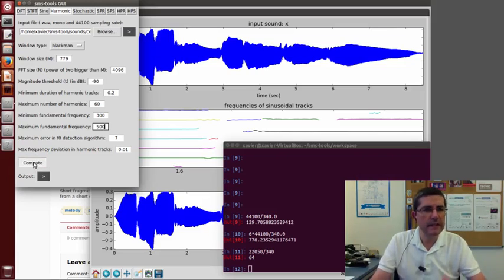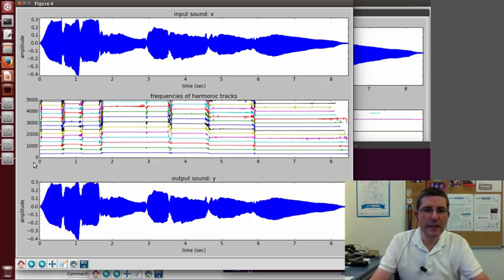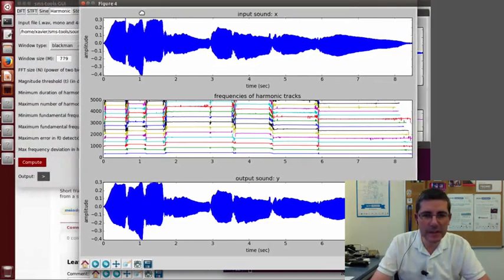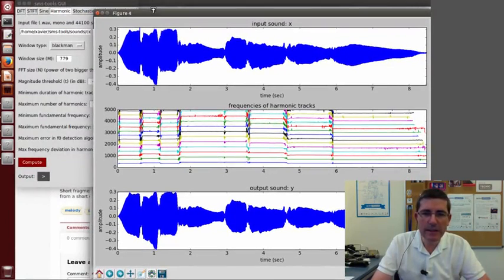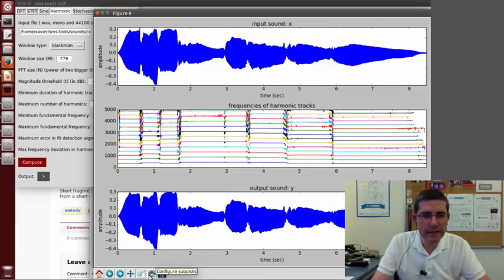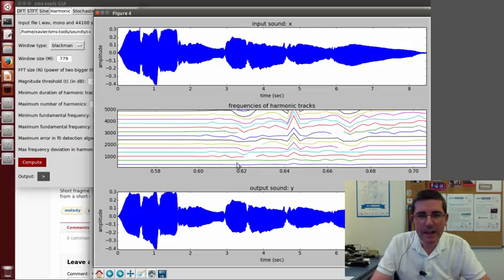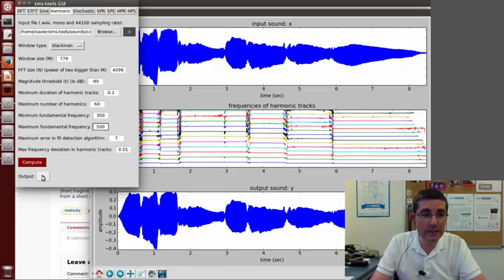So again, this will take a little bit of time. Okay, so these are the harmonics it has obtained, and that looks pretty good. It found quite a bit of harmonics. Of course, in the transitions is where the little deviations occur. If we zoom into just one transition, this is where the harmonics get lost, and then they are picked up again. Let's plot it again to the original, and if we listen to the synthesized,